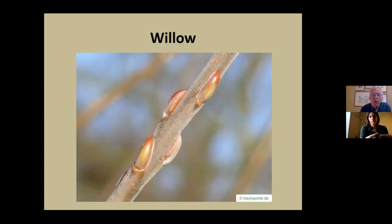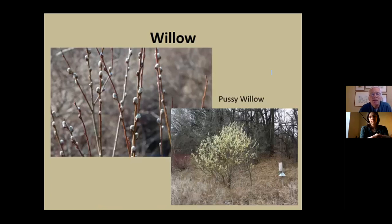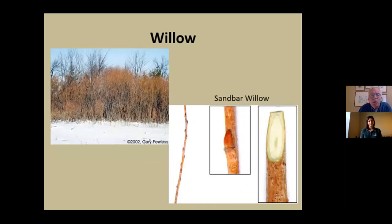or it will split open, as you see on the left on the pussy willow, which has fairly large buds for most willows, and as it pops open, you get that white furry flowering shoot that first starts to come out. These cuttings are used widely for people to bring indoors and put in vases. In the springtime, these are popping in March, so they're already well open, in fact, maybe near finishing flowering now,